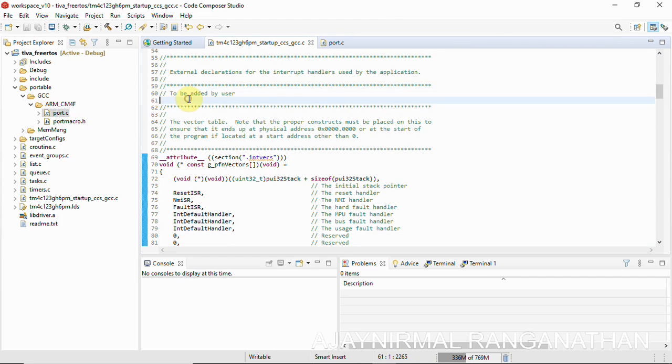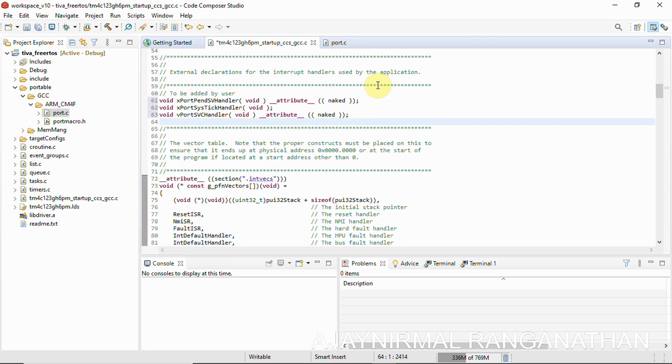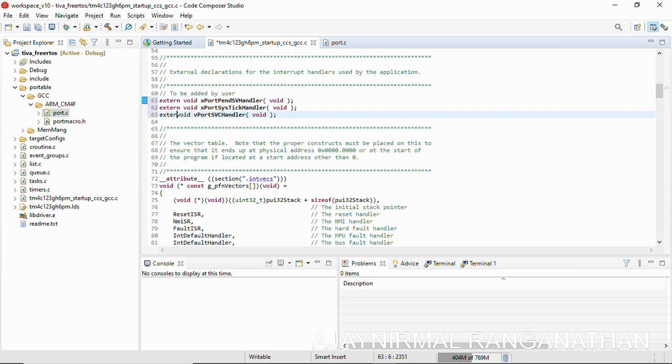Here you can see line number 60, that is to be added by user. You can paste the copied functions here, and then the type to be extern here, the storage class. And now we'll have to copy these functions individually, and